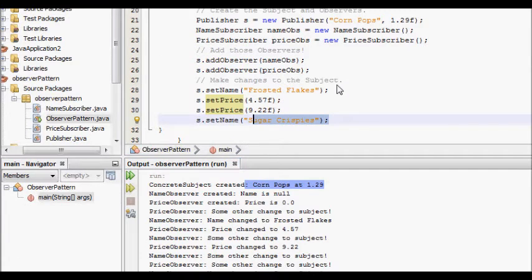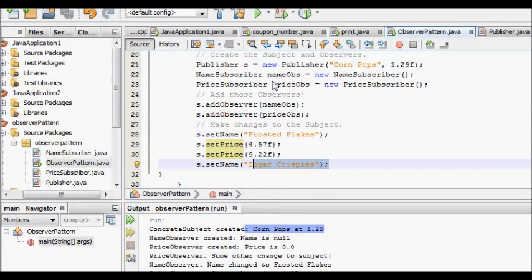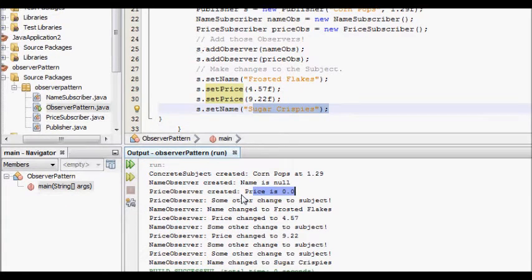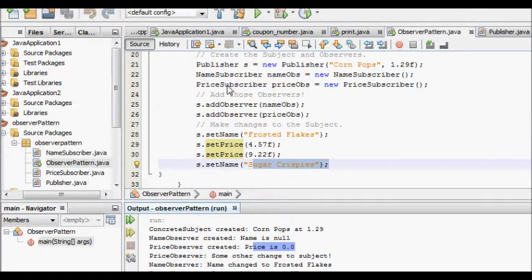Okay, and then let's turn now to the test class again. Name subscriber we create, so name observer created and price observer created. So now they are not yet added to the observable class, so they have name is null, price is null. Now what happens is that we add them here, add observer, name observer and price observer. Now when we change Frosted Flakes, what happens when we change it, this code goes to the